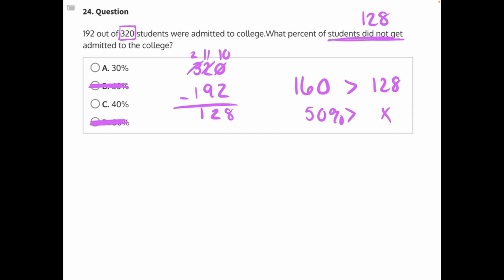Now, to actually find our correct percentage, we need to set up a ratio of 128 students out of 320 students. And now we can simplify this ratio to find our percentage. The easiest way to do that is to try to get our denominator to equal 100 or 10, because in both of those cases, it can easily be rewritten as a percentage. In this case, we can't divide 320 by 100 without getting a decimal, so let's divide it by 10. That would be